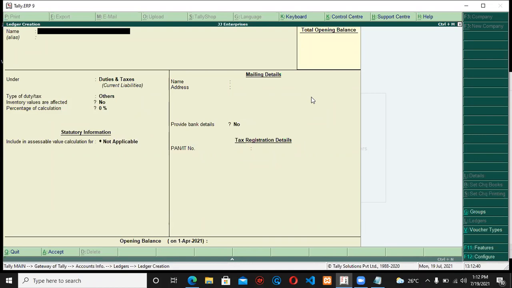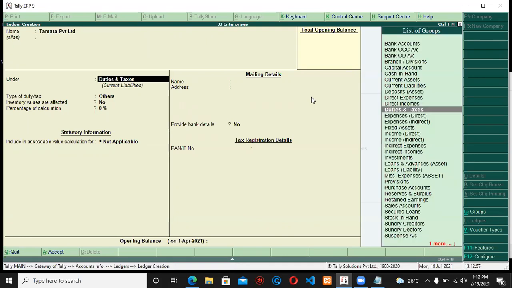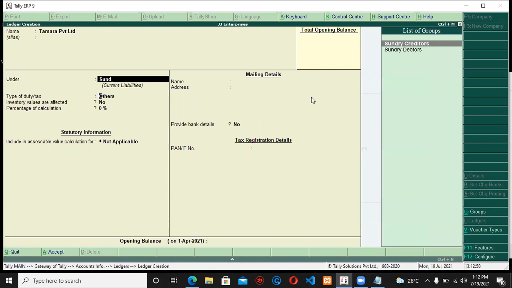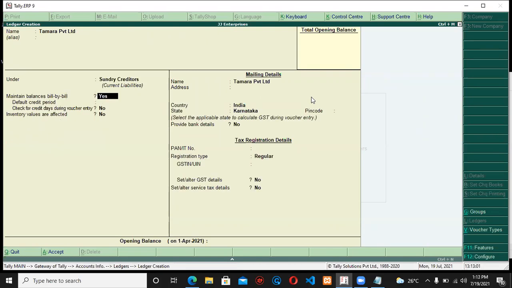Now we are going to create one more, that is your sundry creditors information, who are providing the service. So here I'll say Amera Private Limited, and we have our sundry creditors. Maintain bill by bill should be set as yes. And we have to provide details related to PAN card and other things.